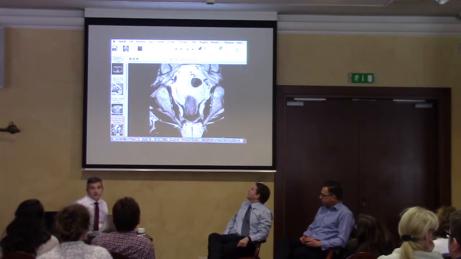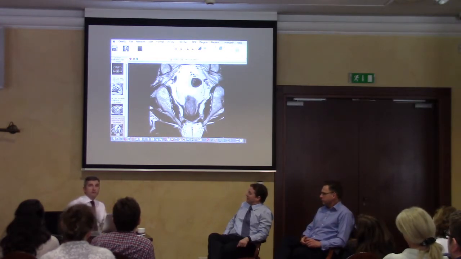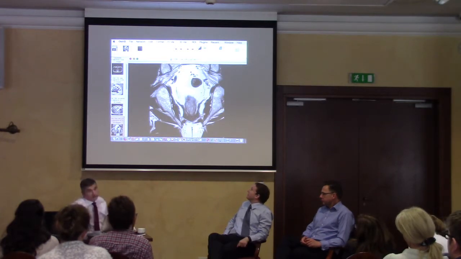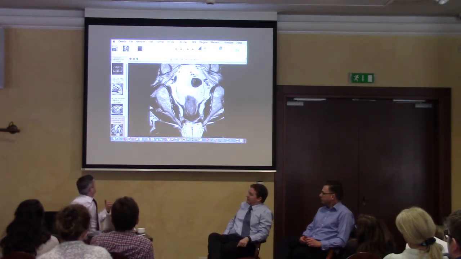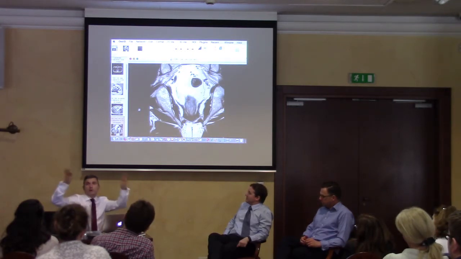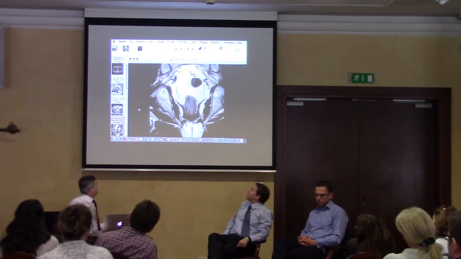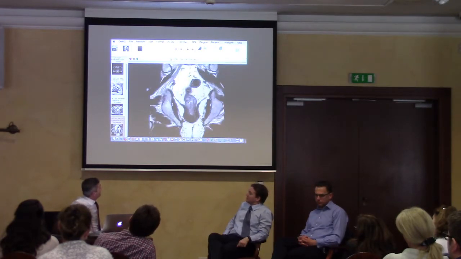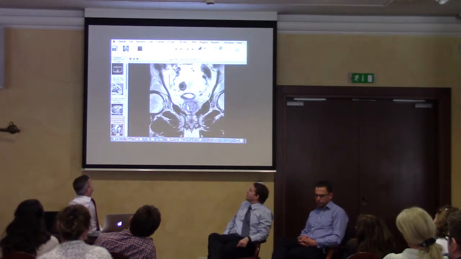So I would stage this as T2, N0, EMVI0, MX on the basis of this. But you need to look at all the rest of it, particularly the pelvic sidewalls. With very low tumours, make sure you look at the large field of view T1, look at the inguinal regions, because just occasionally it will go around that way, and that's acceptable nodal drainage for a very low tumour, in the same way that you see with an anal cancer. And these will behave a bit like anal cancers in their behaviour. But you need to look at all of the images clearly, and for anything else that would affect what you do. And if we look at the